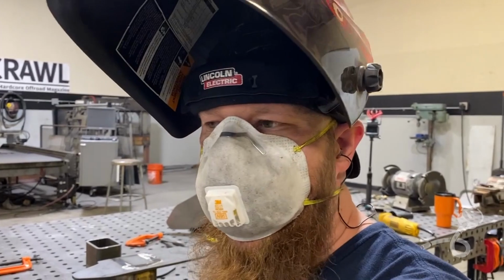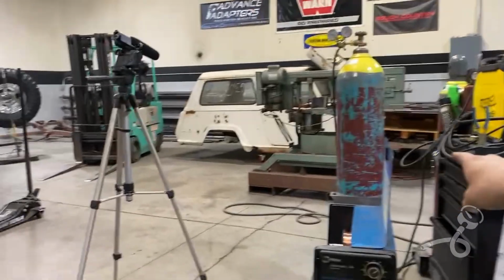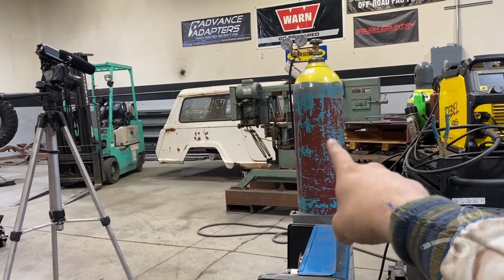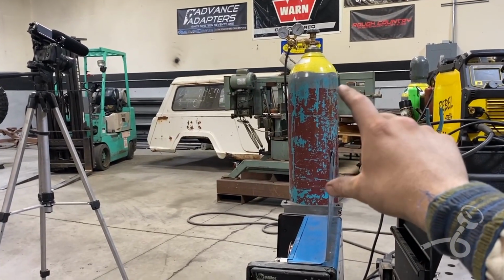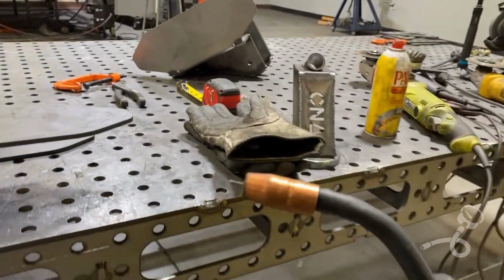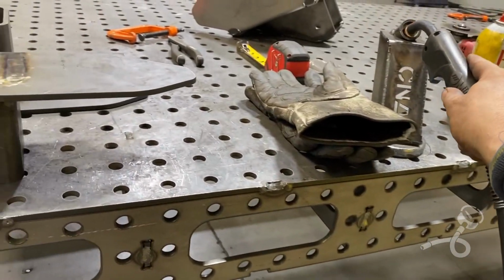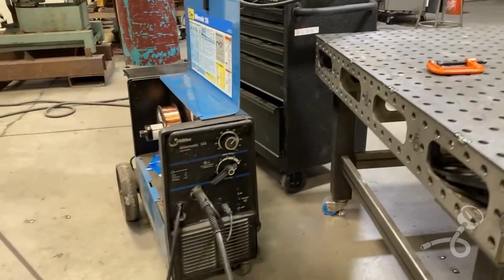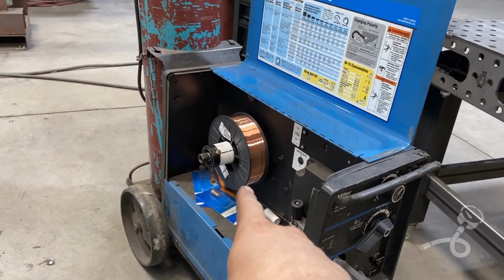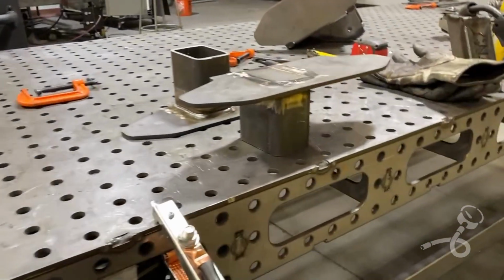Okay, after much ado. So, my welder, this blue one, the Miller, had like 500 PSI left in this gas bottle. So, I started having issues. I put new wire in it. I put a new nozzle and gas nozzle on the inside, and after that it started to weld really weird. So I went out, got wire that I've used before that I know works, got a new bottle of gas. I was able to finally get some decent welds,